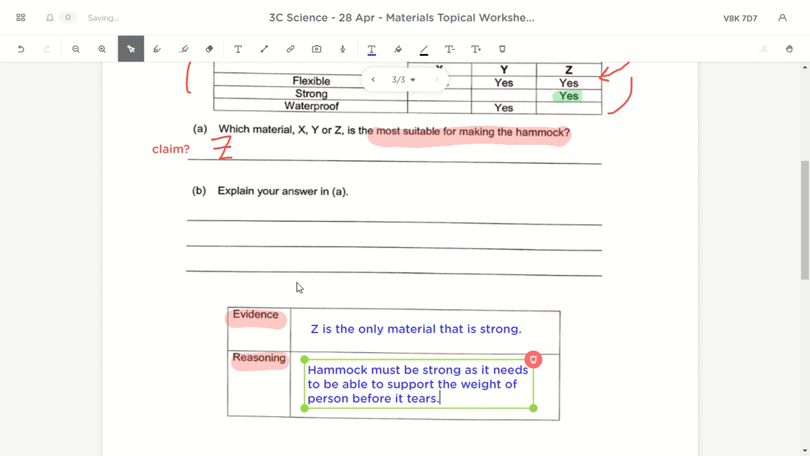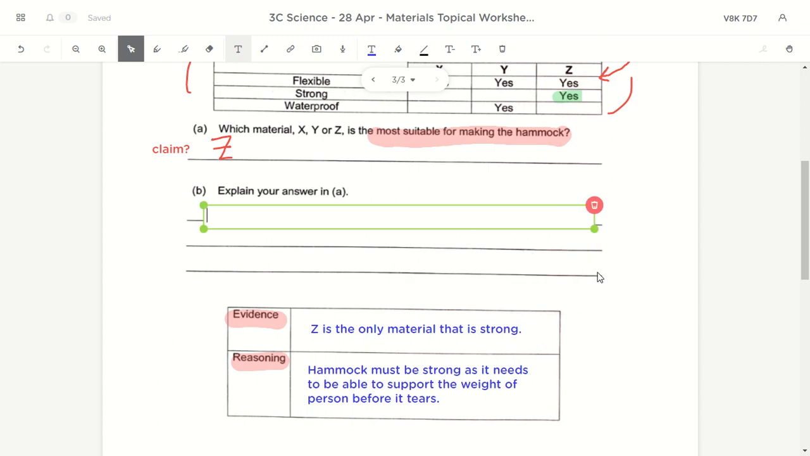So sometimes when you write this, it's actually the same as here, which is the case over here, but sometimes the evidence and the reasoning, you need to reconstruct it so that it sounds better and it links better when you write it in words on top. But for P3 and P4, most likely whatever you write over here is whatever you write in your lines as well. So let's construct this out. Why did I choose Z? Because Z is the only material that is strong,